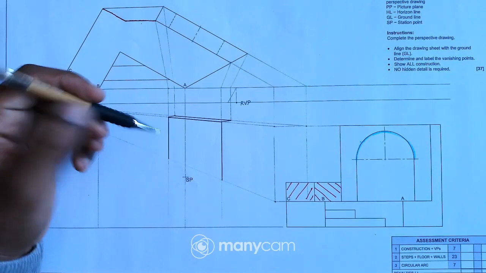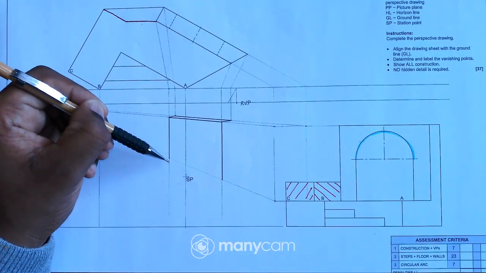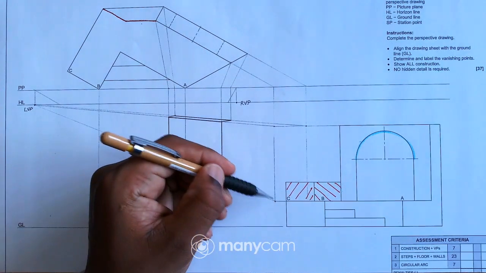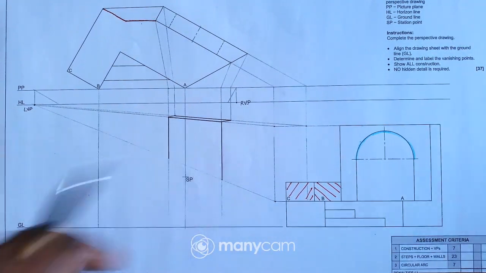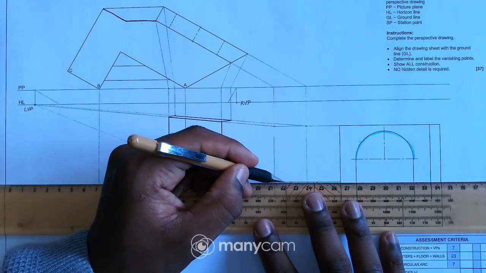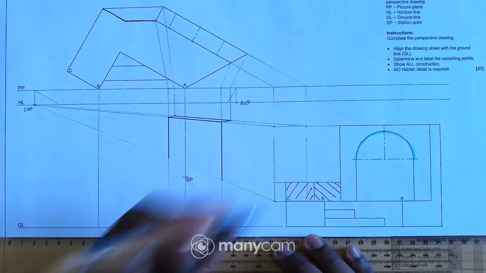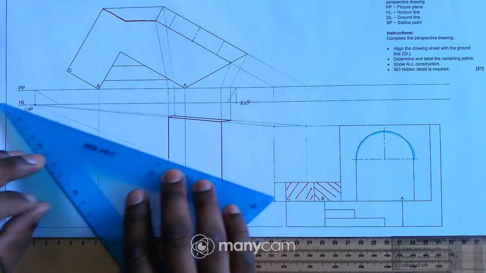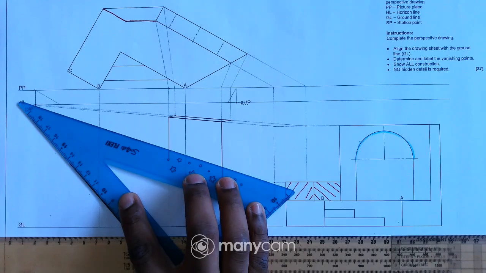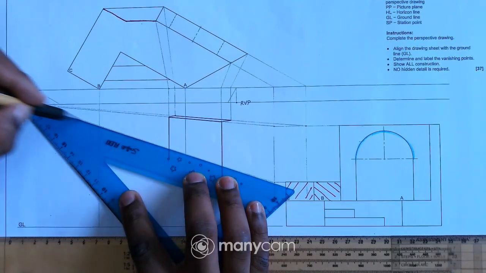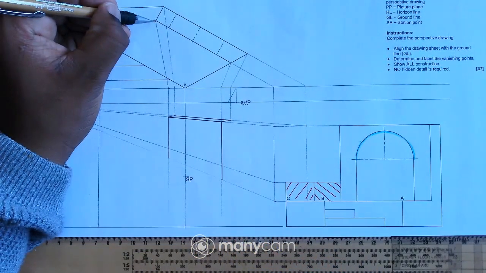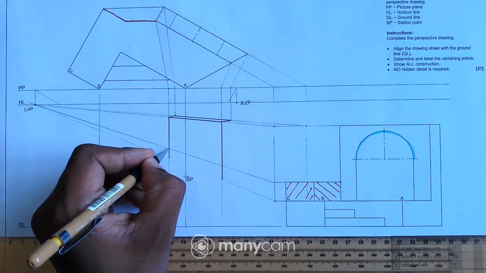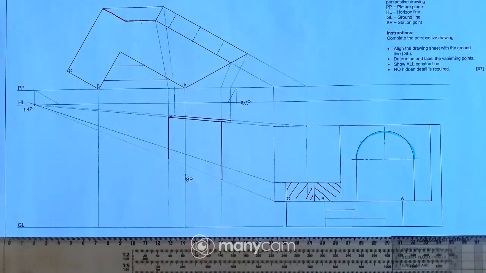Okay, now because I do have this corner, where is that corner? That corner is right here, right? So now let me just extend this height to this line, no? So what I can do is I can just project this to there, and then from here take this point to the LVP, just like that. So it means this corner, this point, which is this one, it's right there, right?